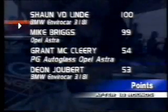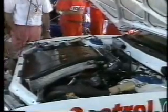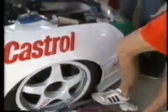Goldfields event, with a single point also separating Grant McCleary and Dion Joubert. Making its debut at the Goldfields was the new Castrol Toyota Camry, fitted with a unique engine. The power plant was originally developed for rallying by world champions Toyota Team Europe. Track, you need more top-end power, and whereas a rally engine needs...